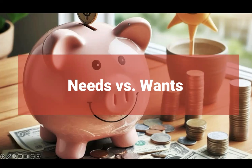And the starting point is really identifying needs versus wants. Now you may say, what do needs versus wants have to do with comparison shopping and saving money, Tanya? And the truth of the matter is everything. It really is foundational. So before even thinking about prices, you've got to think about what do you need versus